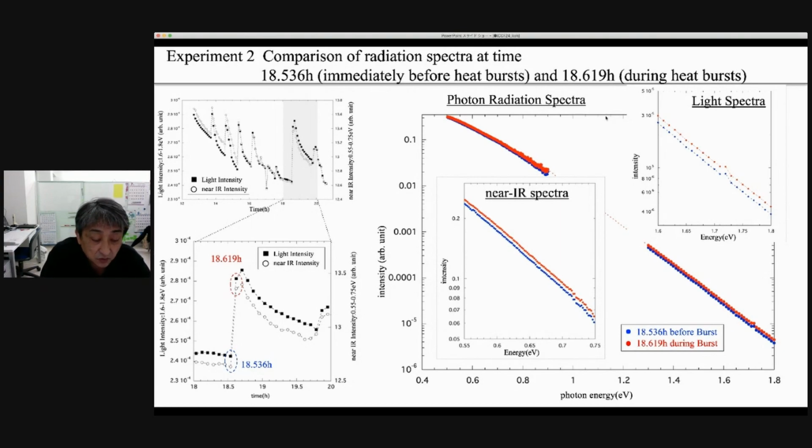When a heat burst occurs, the light emission increases in synchronization with the heater temperature, and increases in the entire region from the infrared to the visible light. This suggests that the sample has sudden energy generation, which increases radiation power as well as the surface temperature, resulting in the rise of heater temperature.